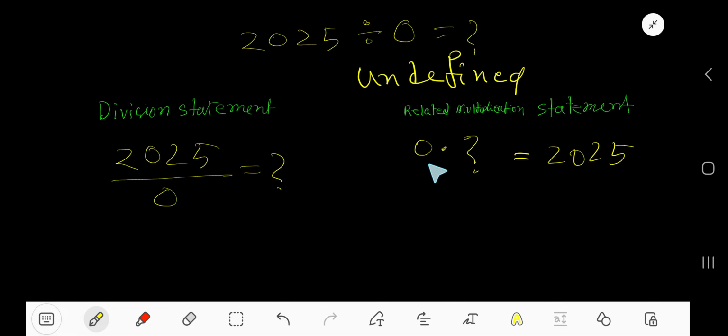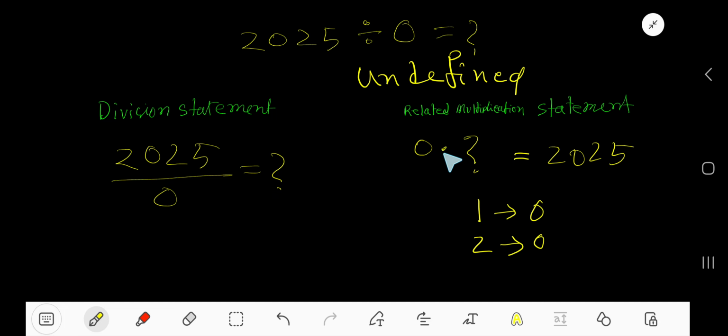Now think, what times 0 gives you 2025? Let's say what means 1. 1 times 0, you are getting 0. 0 is not 2025. Let's say what means 2. Also 2 times 0, 0. 0 is not 2025. That is, there is nothing